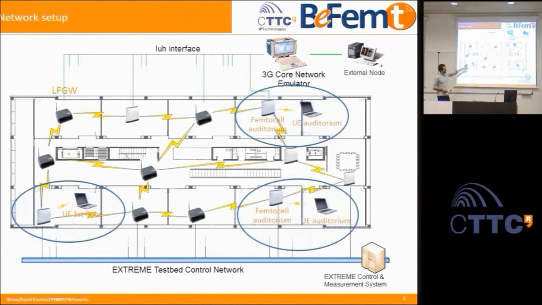So this is the plan of the first floor of the CTTC building in Barcelona. And the basic idea is that we deployed 12 nodes, each of them consisting of what we could call a wireless home node B, where we have a commercial femtocell, a 3G commercial femtocell in this case, because at the time we started the project, there were no LTE femtocells. So the proof of concept is with 3G flows, though the architectural reasoning in bFemto is more on EPS. But in this case, the basic ideas are the same, so it would be applied to an EPS